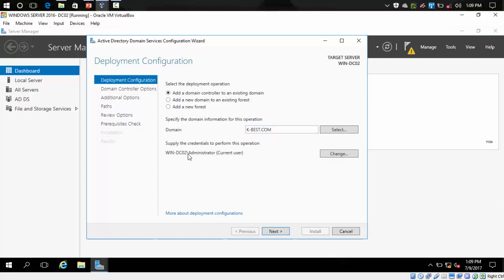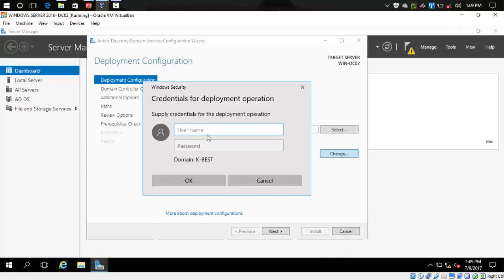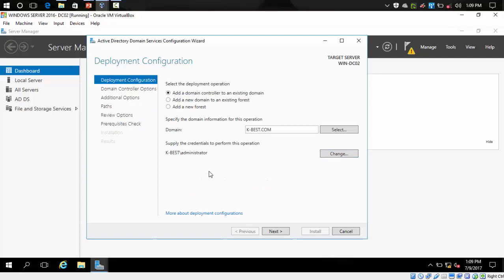Okay, supply the credential to perform this operation. Administrator, current user. Okay, so let's type administrator here. Administrator, and provide the password and click OK. So I am administrator and I want to add a domain controller to my domain K-BEST.com. Okay, so click next,